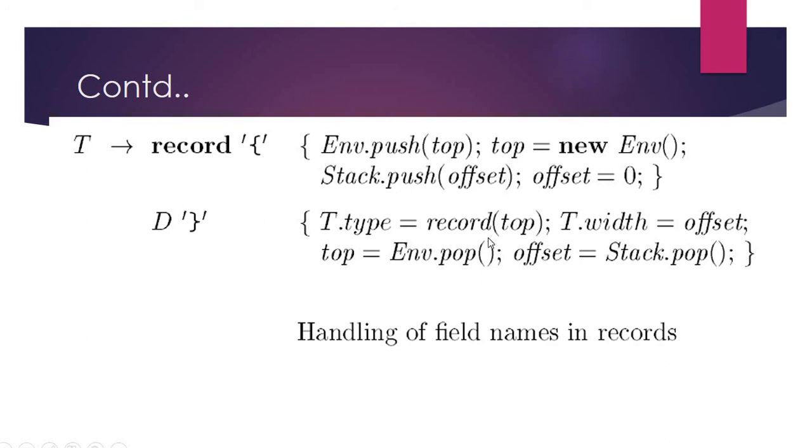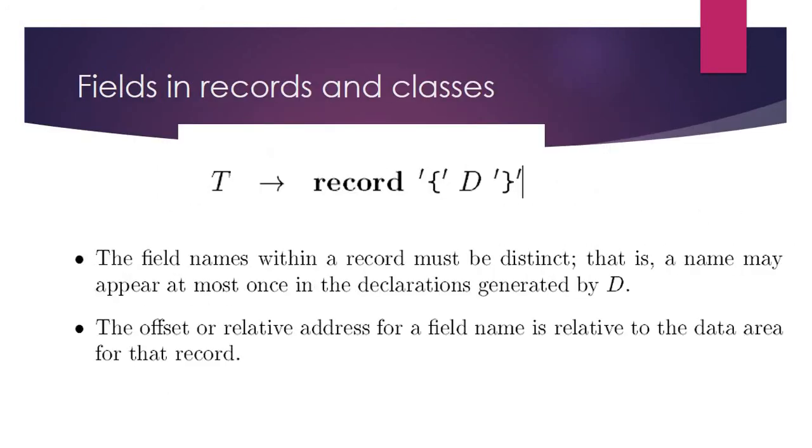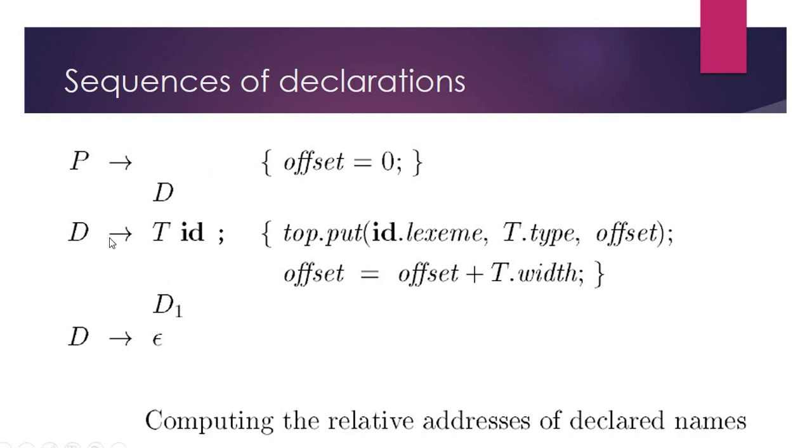So for the declarative statements, what is needed to be done? What is the present environment created? That memory location will be popped here, and what is the offset value here? 0. That is the initial value that will be stored in t.var. So now for each and every declarative statement, what is needed to be done, that part we have already discussed. What is the identifier name? What is the data type? What is the offset value? All those values will be put onto the symbol table for the present environment.